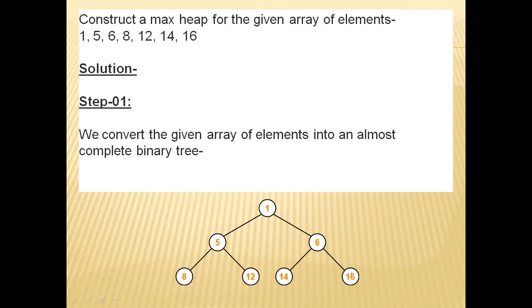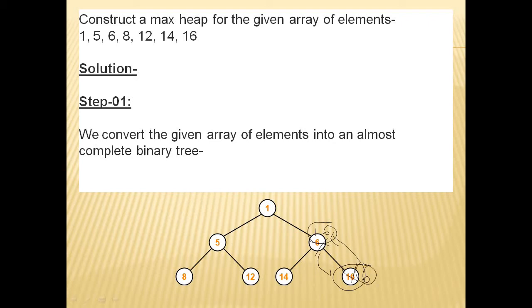So first we need to concentrate on subtrees, then we go with the main tree. First we need to identify the highest value where it is available. Here we found the highest value. That value will replace the root node, meaning we just apply swapping. Once we're done swapping, this will come as a 16 and this will come as a 6. So this node will be removed, 16 is removed and 6 will come here.